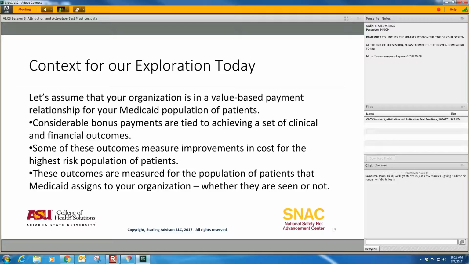And then, I think we've shared this before, but it's sometimes easier to understand these concepts if you can apply them in a little bit more real way. So a good way to think about some of these concepts is thinking about your organization, regardless of whether this is your reality or not, being in a value-based payment relationship for your Medicaid population of patients, in an arrangement where your bonus payments are tied to a certain set of clinical and financial outcomes. Some of these outcomes measure improvements in cost for the highest risk population of patients. And these outcomes are measured for the population of patients that the Medicaid payer assigns to your